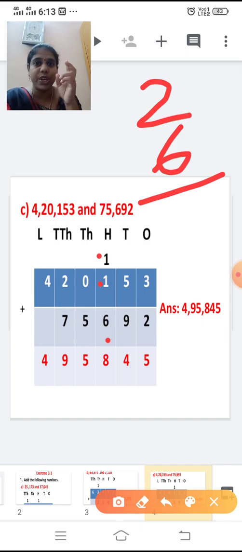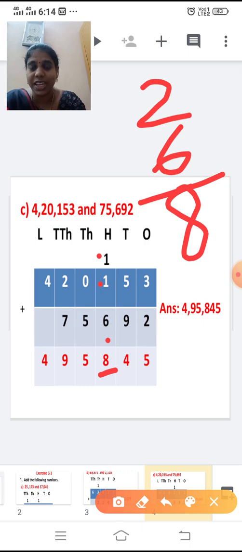Keep 6 in mind, 2 in the finger, because we can add the numbers in any order, right? So after 6, I am going to add 2 numbers. 6, 7, 8. So the answer is 8. So write 8 directly. It's a single digit number, so there is no carry over here.